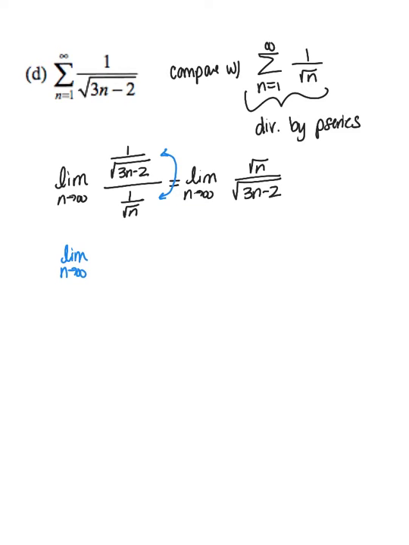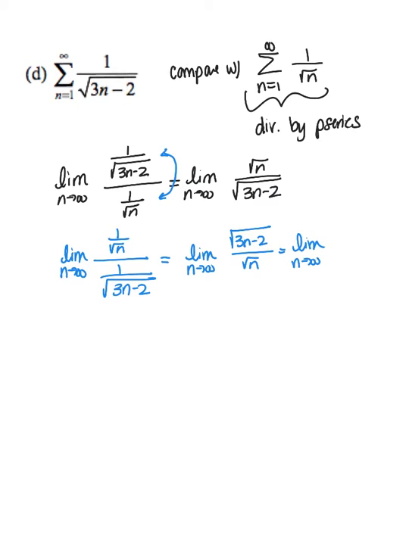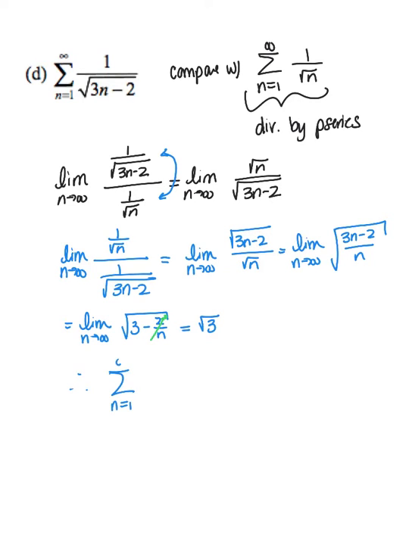Let's do the limit as n approaches infinity of 1 over the square root of n over 1 over the square root of 3n minus 2 instead. Remember, that order doesn't matter. What this does is it puts that square root of 3n minus 2 in my numerator. And now algebraically, I can clean this up to 3n minus 2 over n. And since I have that difference in the numerator now, this just becomes the square root of 3n over n, which is just a 3, minus a 2 over n. And now as n approaches infinity, this 2 over n piece just goes to 0, and I'm just left with the square root of 3. And the square root of 3 is both finite and positive. Therefore, the series n equals 1 to infinity of 1 over the square root of 3n minus 2 will diverge